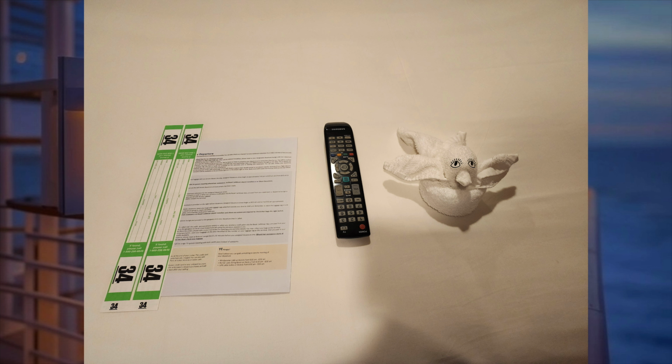Here you see the dreaded information of disembarkation. No one ever wants their vacation to stop. I don't care if you're cruising or doing something else, but when you come back to the room and these beautiful stickers are laying on your bed that you put on your luggage for disembarkation, it lets you know the time that you are to disembark, and the location that you were supposed to be in